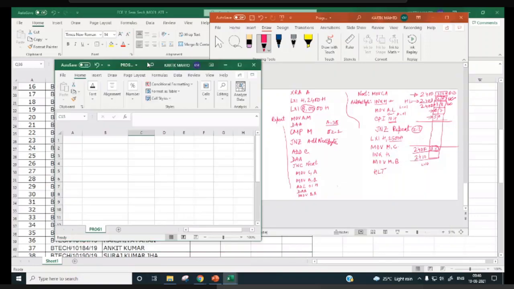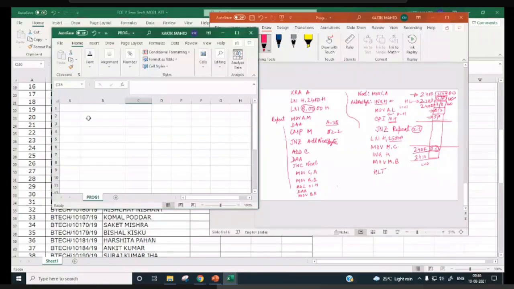Now if I write over here, first instruction is XRA A, second one is LXI H comma 2400H. Right.